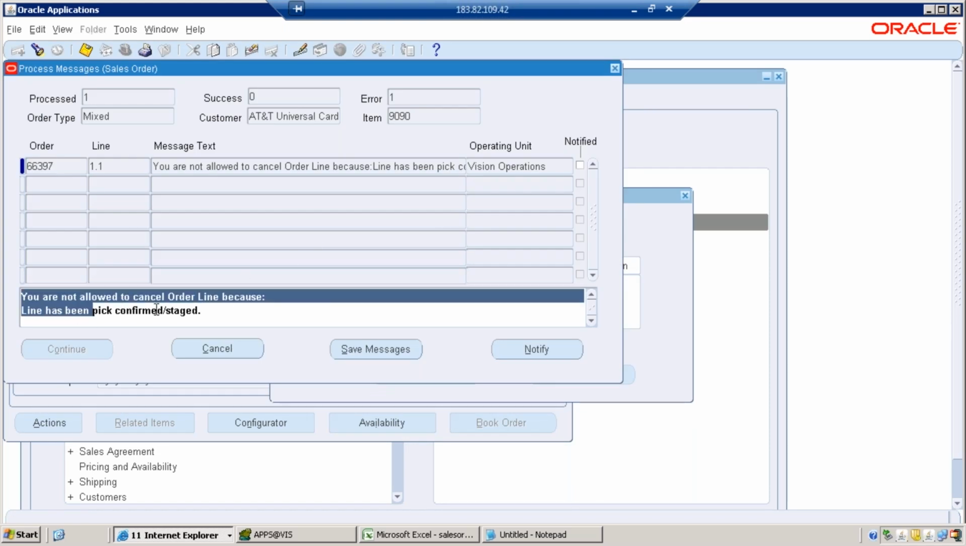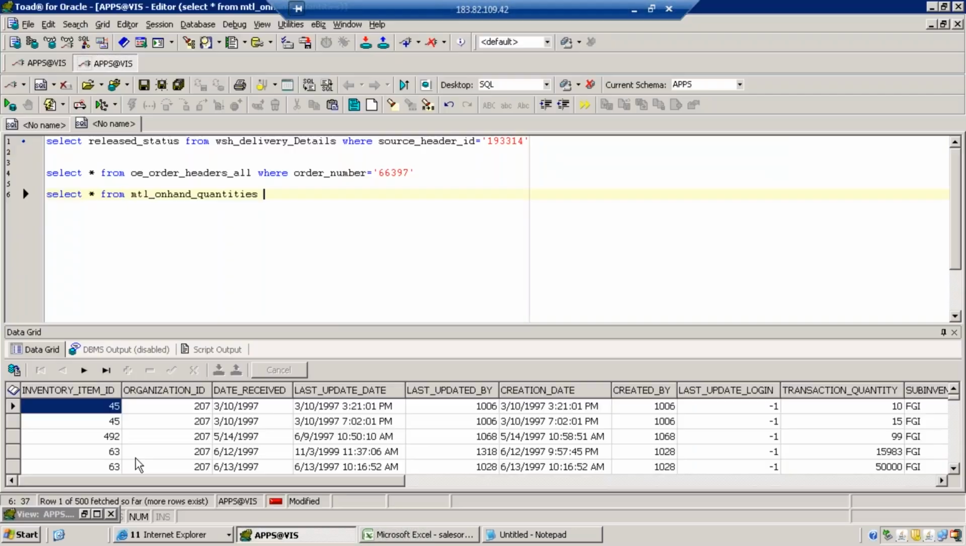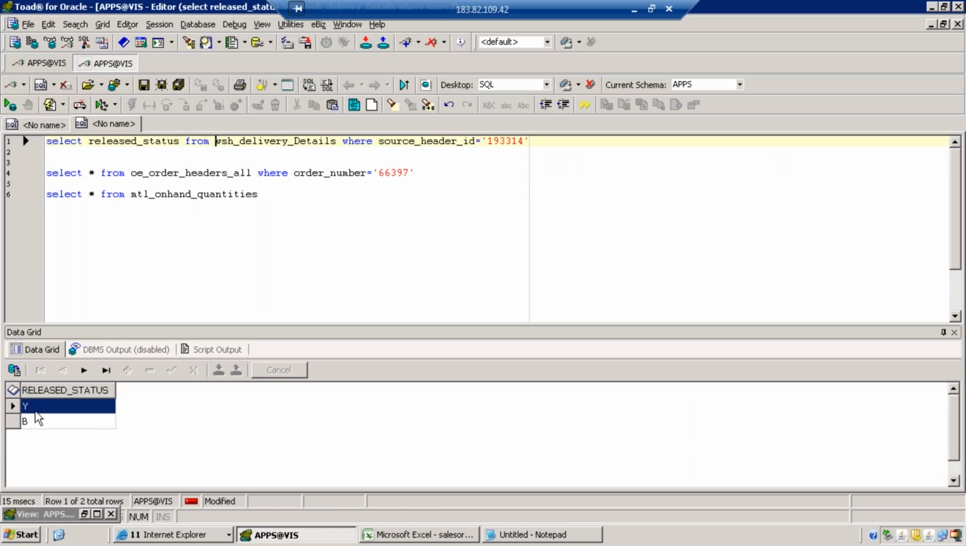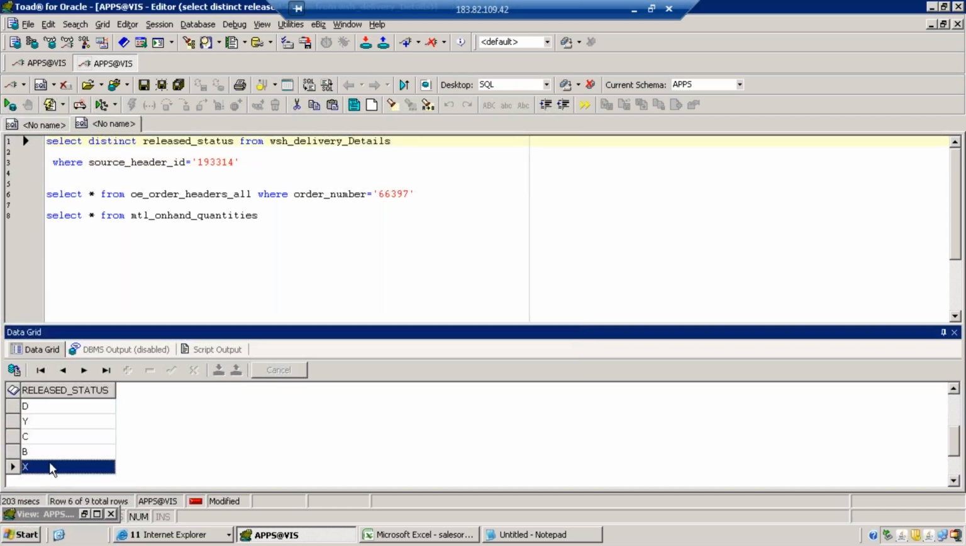We have various statuses here. X means cancelled, B for back order, C for completed, Y for yes picked up, D deferred, maybe, I'm not sure. R means ready to release. So every value has its own meaning here in the release status. Okay. Now check the back order as you said. Back order quantity